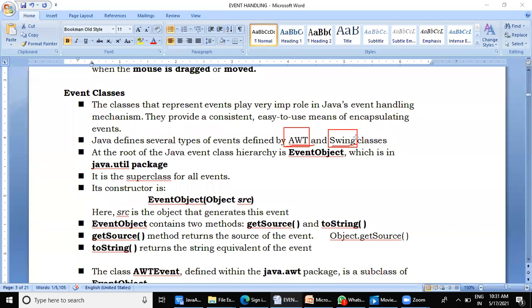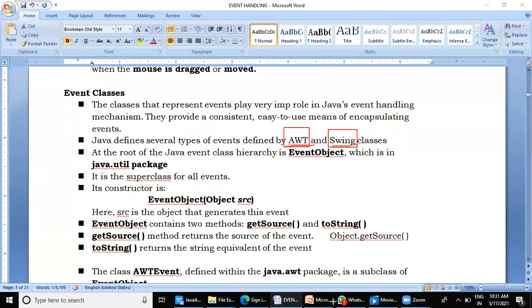Now what is the difference between AWT and Swing, we are going to learn in our next chapter, in detail. So far, whatever programming we have done is with the help of AWT. AWT is a little bit older version and Swing is an enhanced version. But for our usage, AWT doesn't make any difference. Both are similar. In fact, AWT will be easier to learn initially. But because Swing is in your syllabus, in the next chapter we will learn Swing and also use Swing classes. Right now we will stick to AWT classes only.